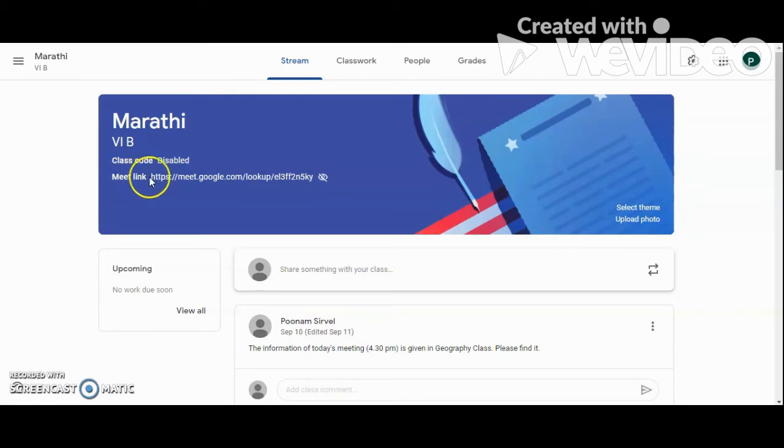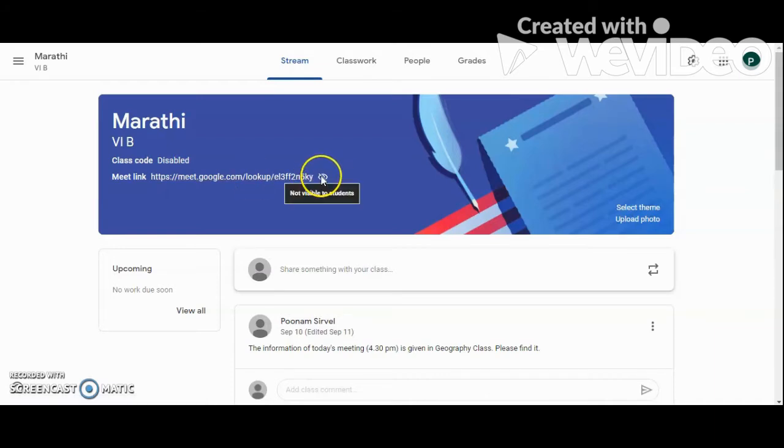Meeting link. Now this is something the Google Classroom has done. It's like a collaboration done with Google Meet. So you do not have to schedule a meeting. You will just have to enable this. You will just have to make it visible to the students. Currently it is not visible, but you will just have to make it visible to the students, and automatically by clicking on the link, the student will be able to straight away get into the meeting room.